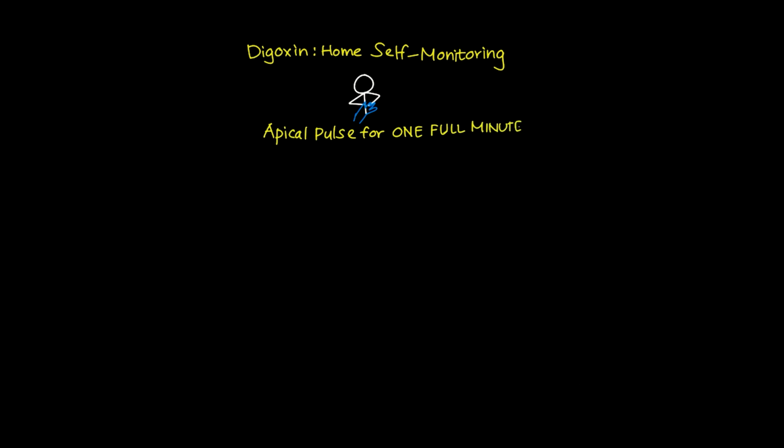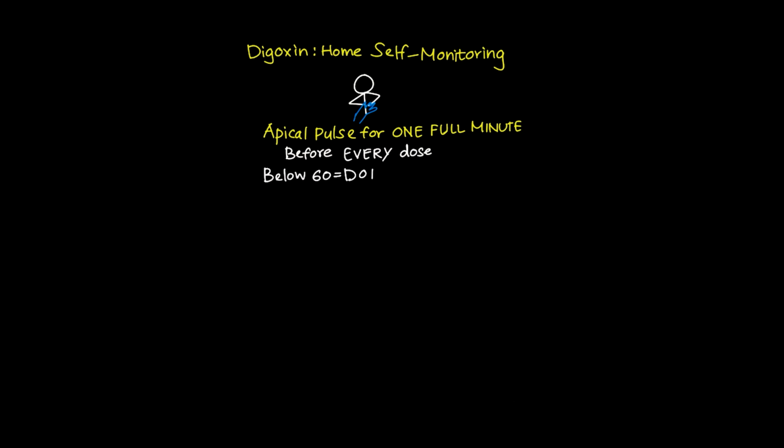This is a patient education question about self-monitoring at home on digoxin. The highest priority instruction is this: take your apical pulse for 1 full minute before every dose. If the pulse falls below 60, do not take the medication and call your provider. This is the same rule the nurse follows in the hospital, and the patient needs to know it for home